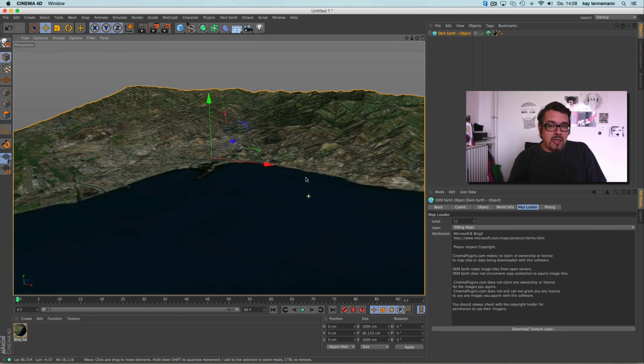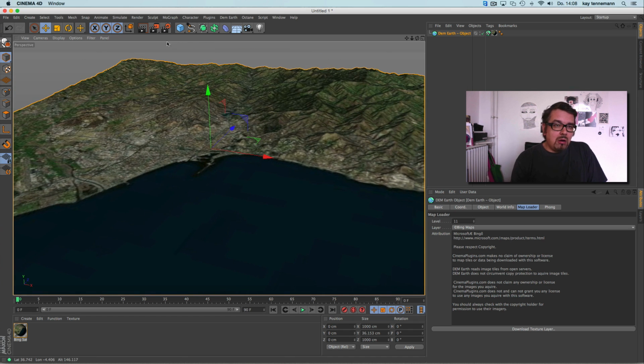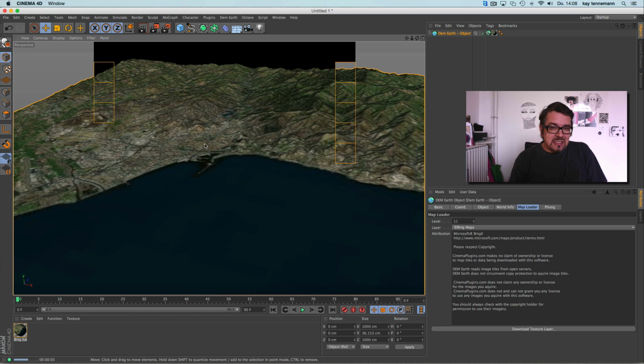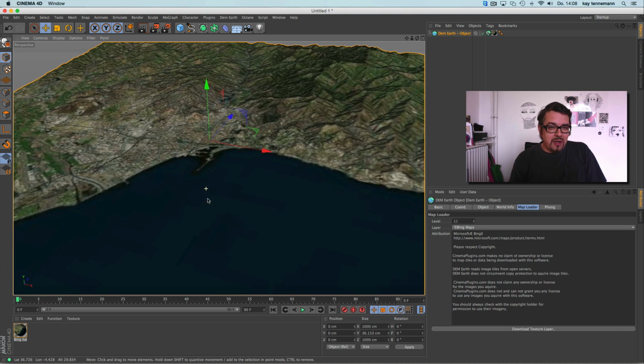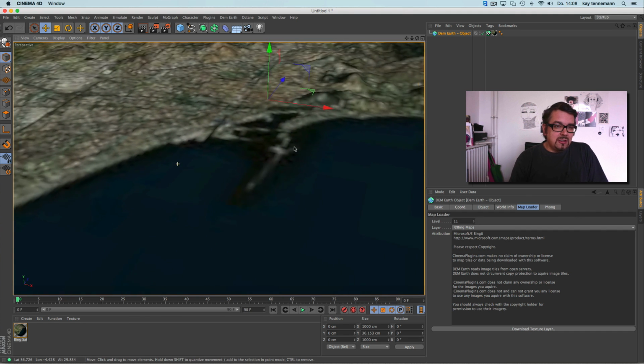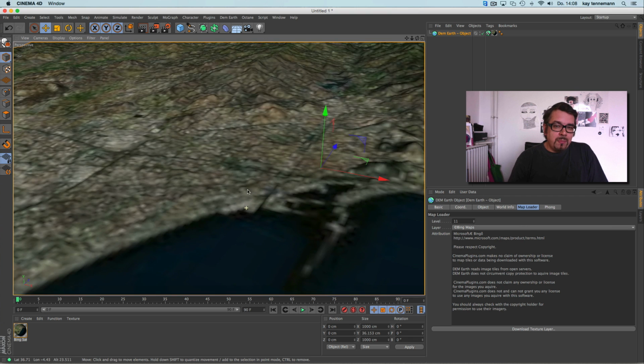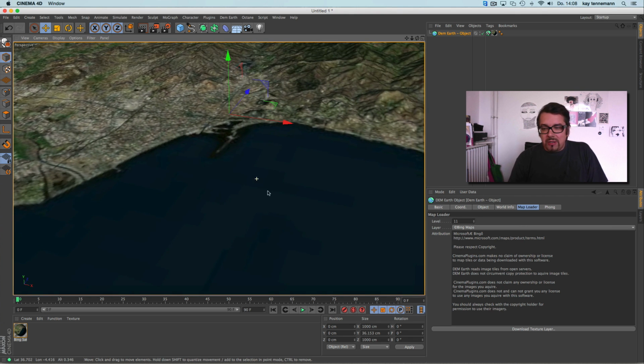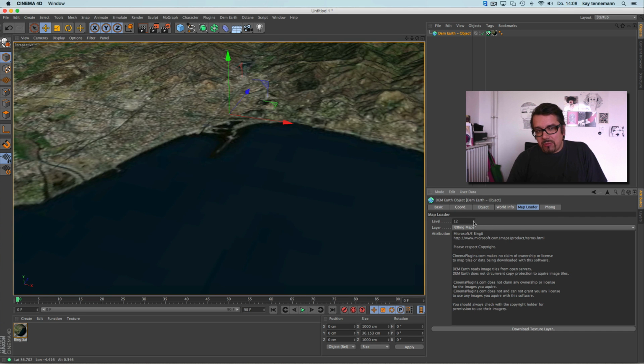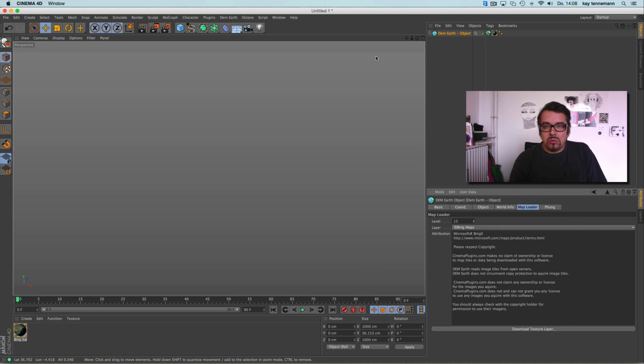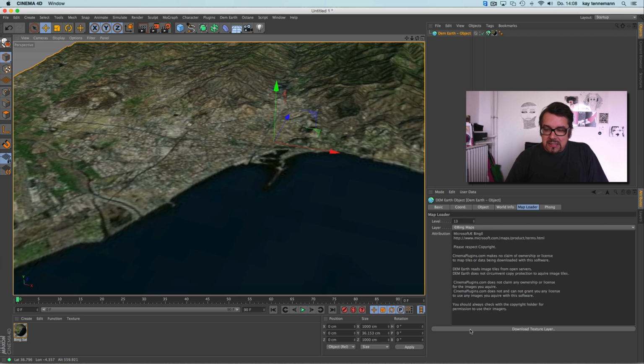And you see, okay, now we have graphics on the terrain, but it's not in very high resolution. You see here are just big pixels. But it's no problem. You can go to a more detailed level. I go two steps more, and say again, download the textures.